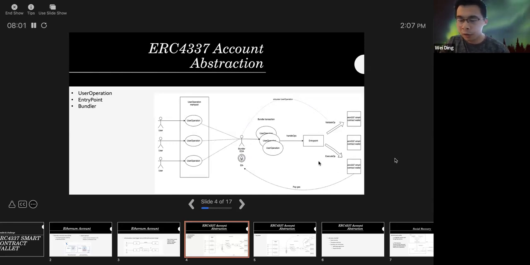Execute user op is for the smart contract to execute arbitrary data, and the entry point uses the execute op to keep track of how much gas this user operation spent, and later the smart contract wallet can pay the gas to the bundler. With this system, the user can have a smart contract wallet without managing a separate EOA, because the bundler takes care of it. It also creates a decentralized network, because everyone can be a bundler by running the bundler software or service.